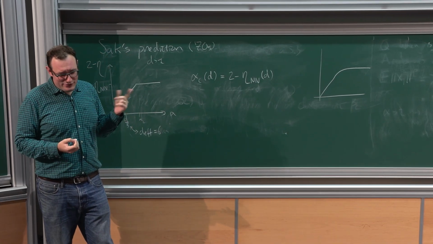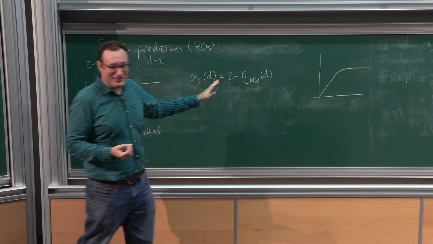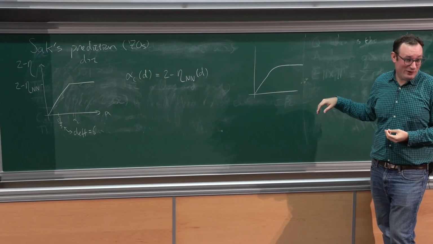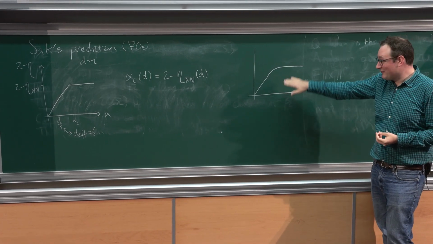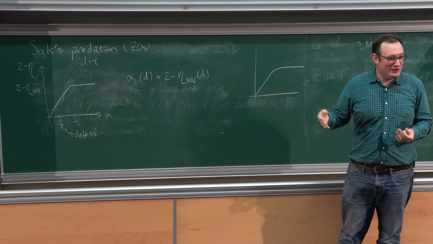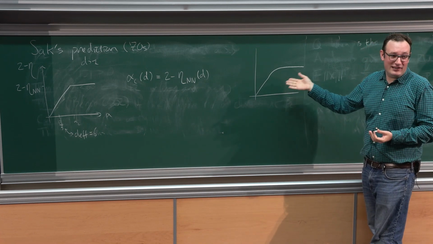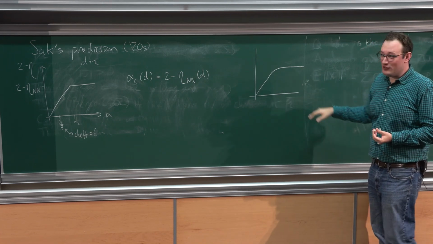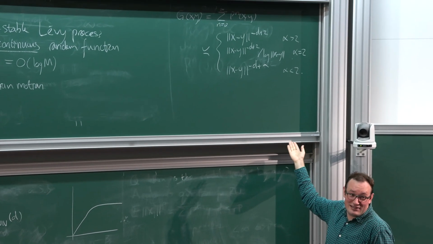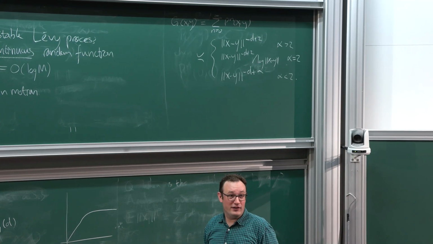But in fact, there's a good way of discounting this kind of argument, which is that you can do exactly the same numerical simulations for simple random walk, and you see exactly the same thing. You run the random walk for whatever millions of steps that you can get to run on your laptop, and you see exactly this picture with a very smooth transition between the two things. But of course, for random walk, I didn't prove this to you, but it's very classical and not very hard to prove that you do in fact have this corner in the limit.